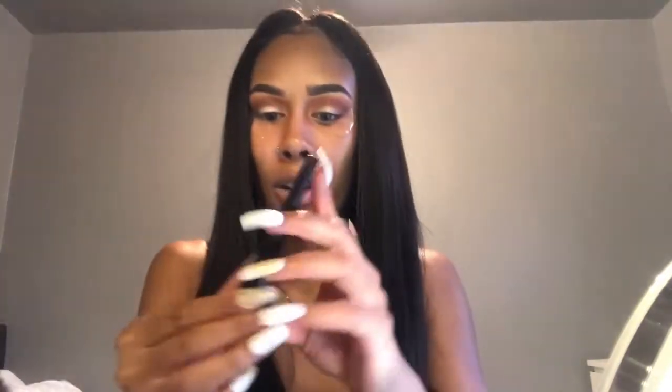Okay, so now for eyeliner, I'm gonna be using this Revlon Color Stay Skinny Liquid Liner in Blackout. Okay, so